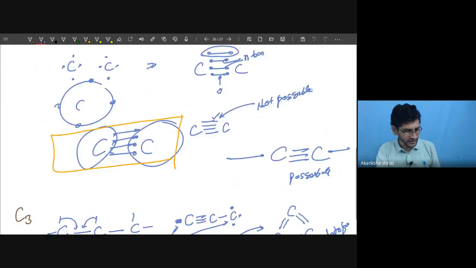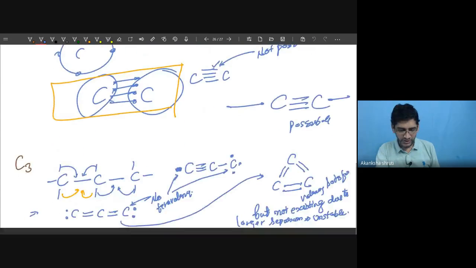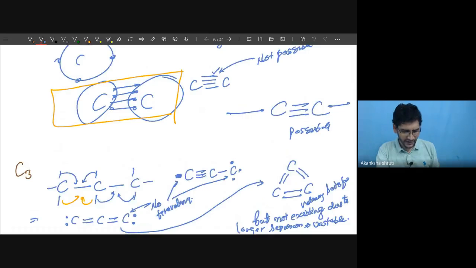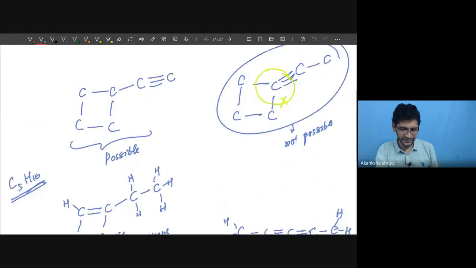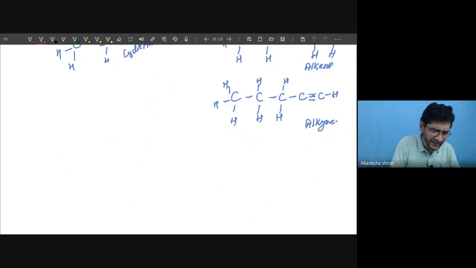Students, we have also learned that C2 or C3 rings, or a ring with only double bond or triple bond, are not possible at all because of instability. This thing we have learned, I had explained everything. So first, I had talked about carbon,